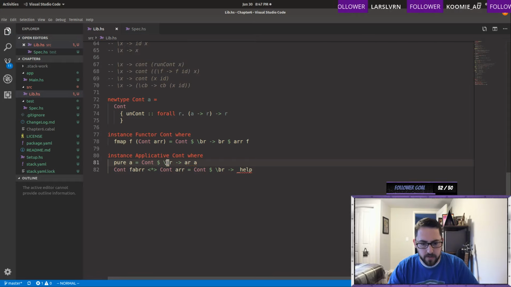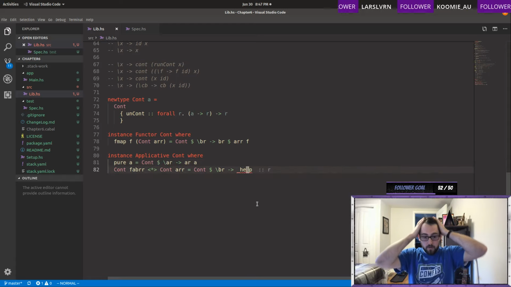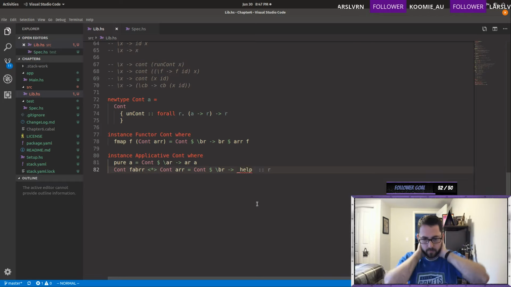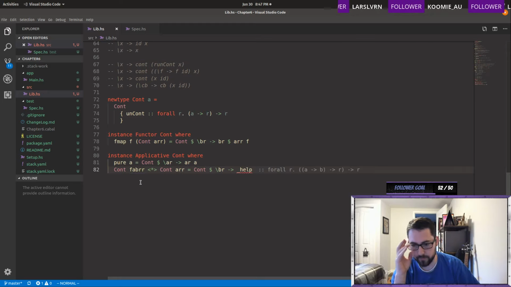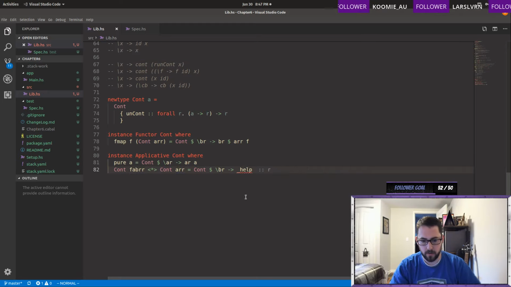Yeah, so this is an A to an R, and then we just apply that to our A to get R. At least I think that's right. Okay. So now we have, my goodness. So I think we want to take